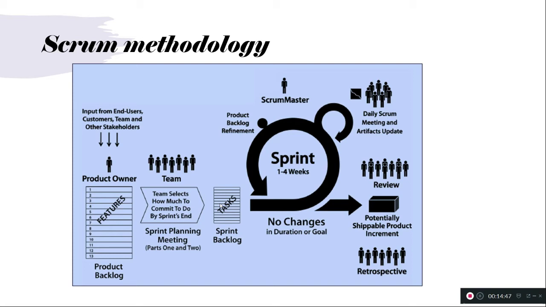Here is the product backlog refinement. For example, when we are developing the sprint, we identify that a new feature needs to be included in the product. They will create a new feature, actually, and that will go to the product backlog, and in the next coming sprint we can include it in the development. Once the development is completed and tested, it will be reviewed, actually.